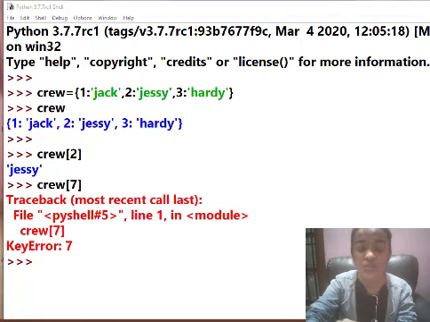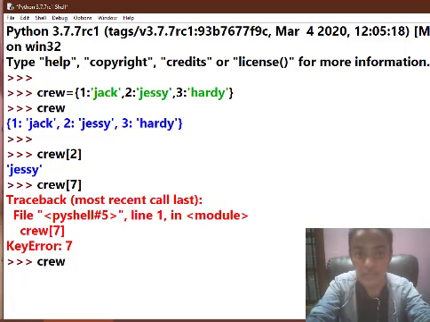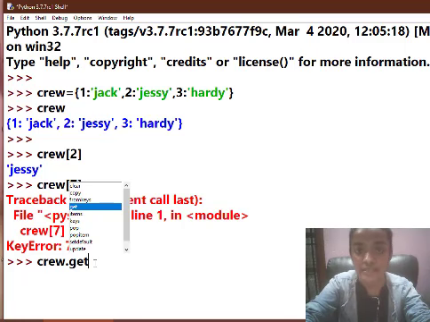And there is also another way to fetch something from the dictionary, and the second method is you have to type in again your variable, and after the variable we are going to put a full stop, and after the full stop you are going to type get. This get is a bit new to us. It's very simple because it simply fetches the value which we need from the dictionary. That is what get does in Python.